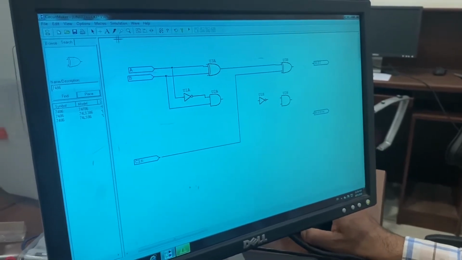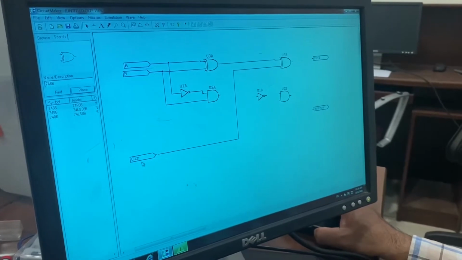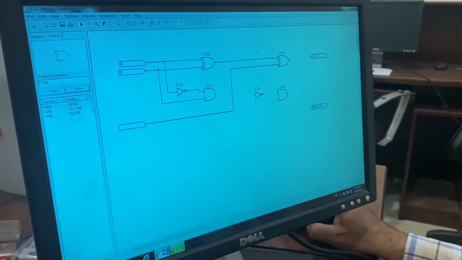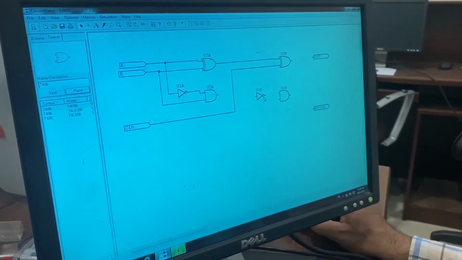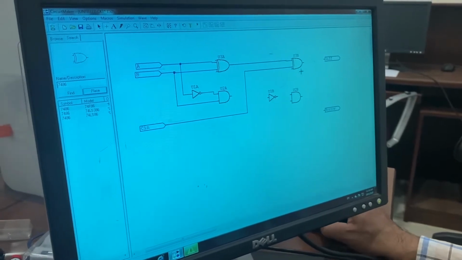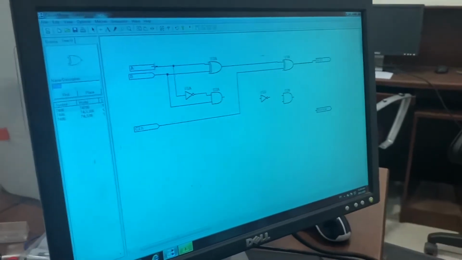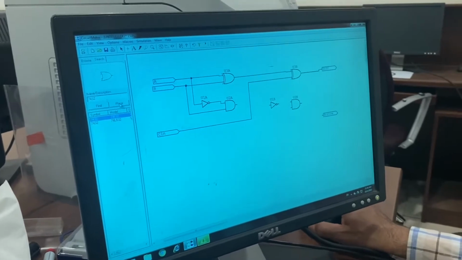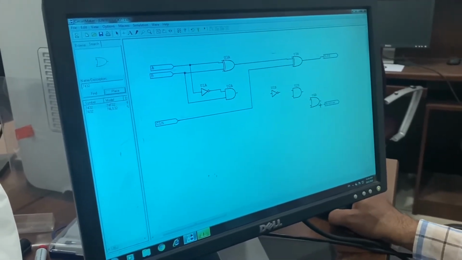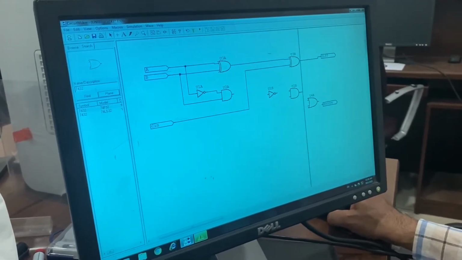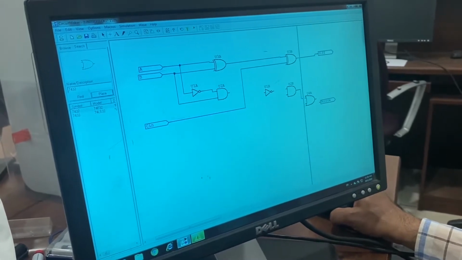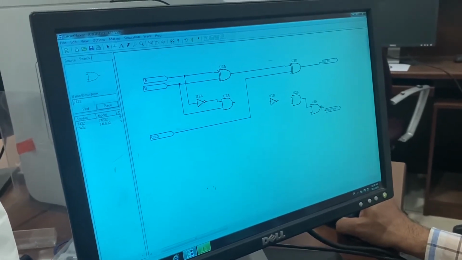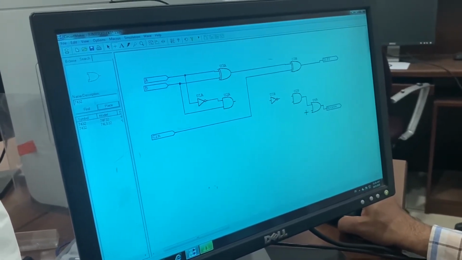You can take this one also again if it is required. Here also you can take it. Okay, C in. Now again I will go from here, this one goes to here. And one more I need: 7432. An OR gate is required for your circuit diagram. It is given on the blackboard. Okay, this goes to here, this goes to here. Connect here. Done.